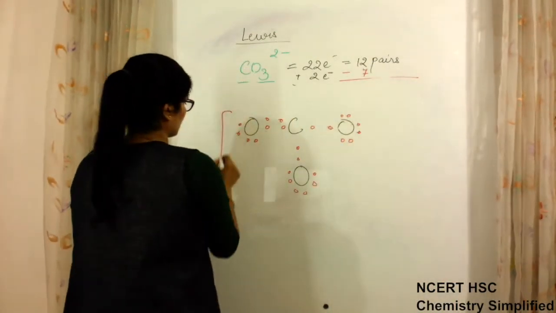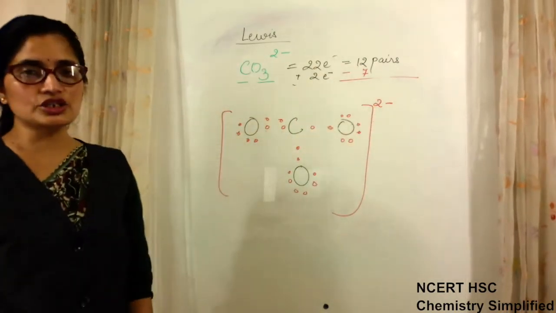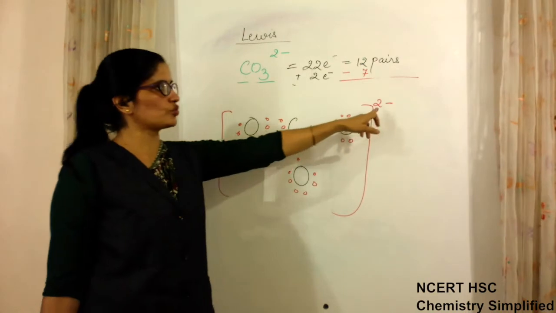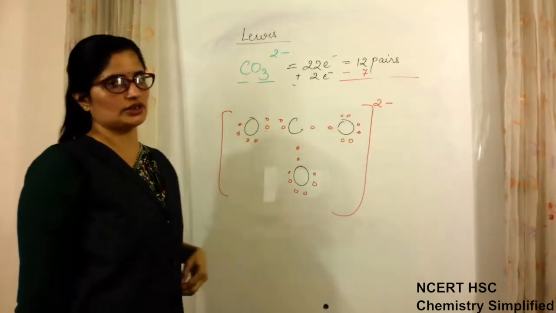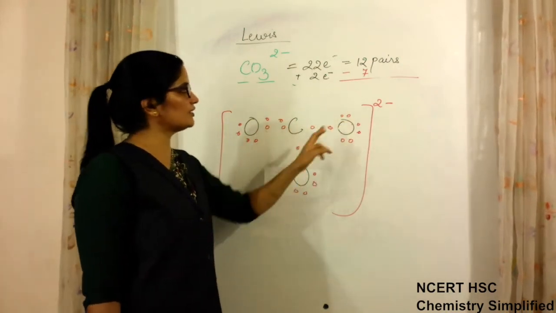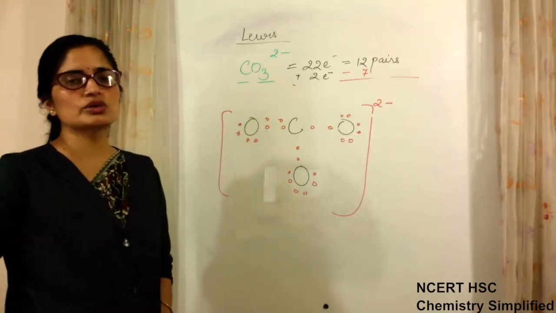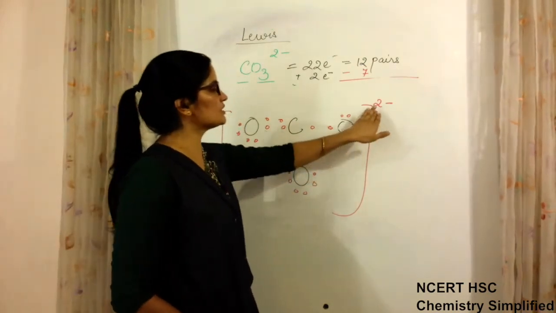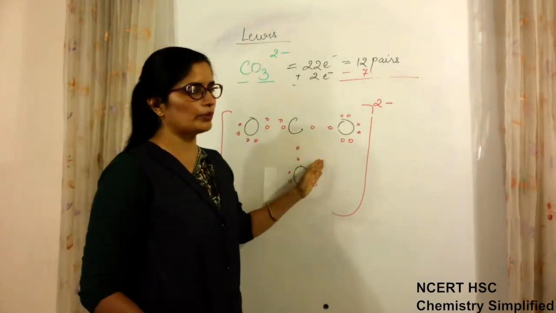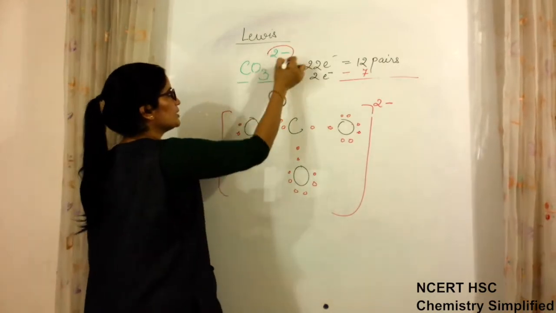So this is the Lewis structure, and because this molecule as a whole is having 2 negative, we have to place this also here, because here we are not showing any charges. So we have to show a total 2 negative charge on this. And this will also help you to understand why we place certain charges on some molecules. Some molecules are neutral and some bear charges. If I don't include this 2 negative, meaning 2 extra electrons, in the structure of carbonate, then each one cannot have its octet complete. That is why CO3 will always bear 2 negative.